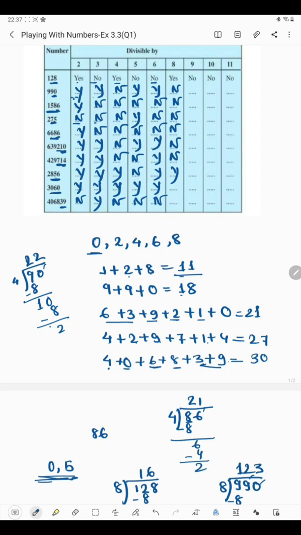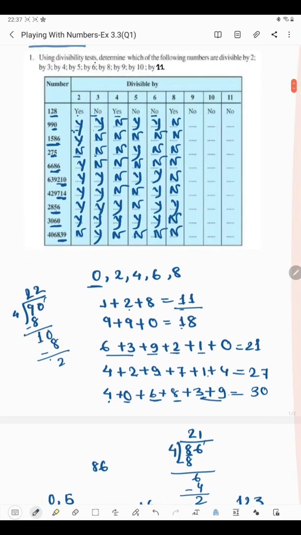Okay. And here we have 060, which cannot be divided by 8. Now here 839, again it cannot be divided by 8 because 8 1s are 8. Then 3 will come down. So for that we'll put 0. Then 39 doesn't come in 8's table. So we will write here also no, here also no.